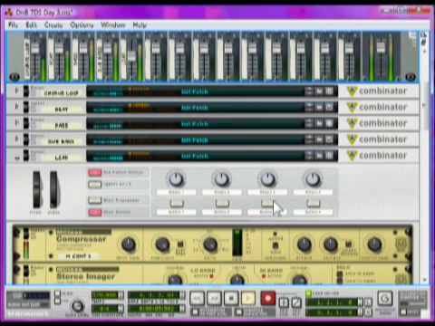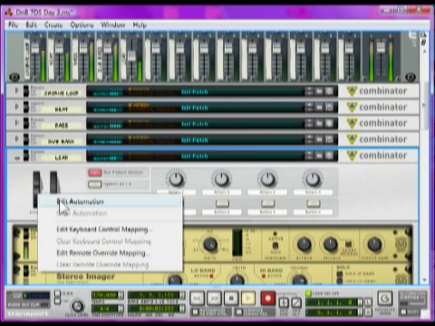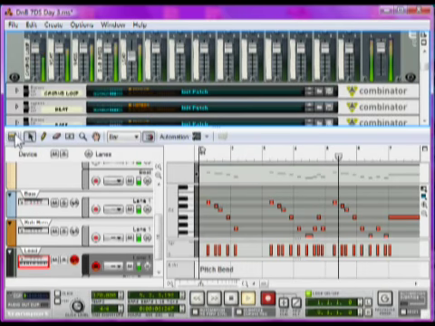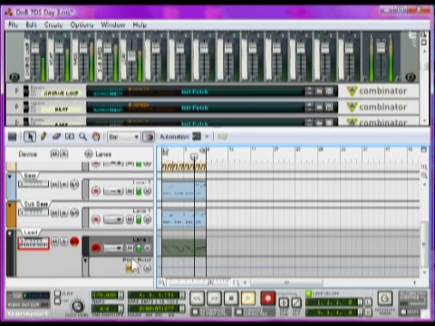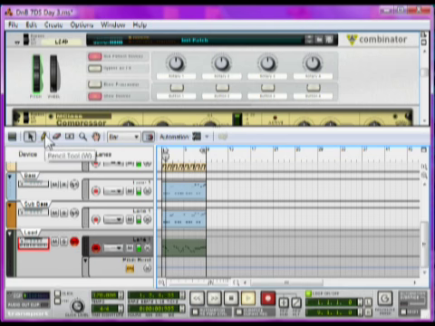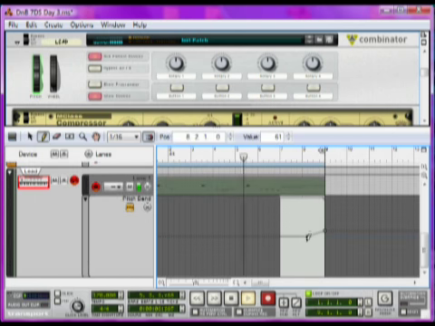Resolving is the point in a melody when you feel like it's hit the note that it's supposed to hit. Now, to do this, right click on the pitch bend and click Edit Automation. Now, if you look here in the sequencer window, you see the pitch bend track lane has appeared. So if we use the pencil tool to draw a section over where we want to pitch bend, and there we go. If you have a listen to this now,